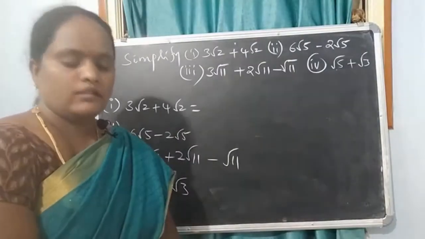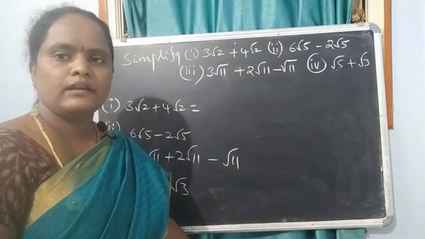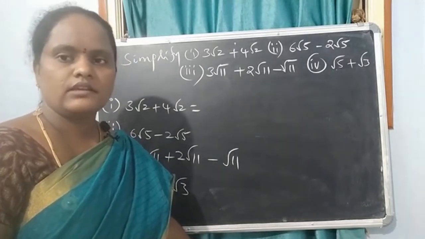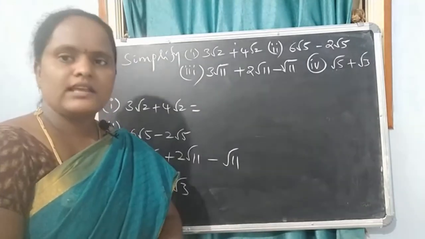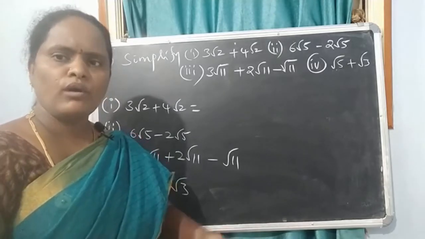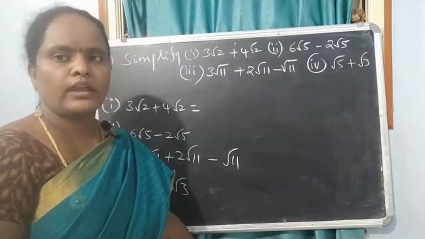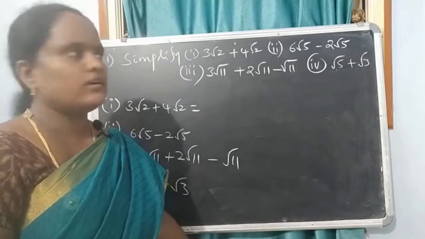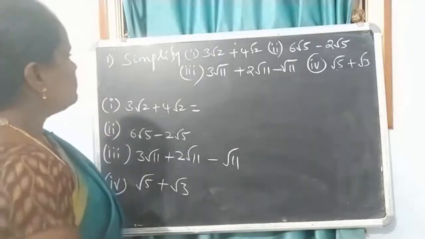So you know how to add, subtract, multiply and divide rationals, which you have seen in class 8. Now in this class we got irrationals. So let us see more about the sum, difference, product and quotient of irrationals. Here I have taken a question to understand more about irrationals.